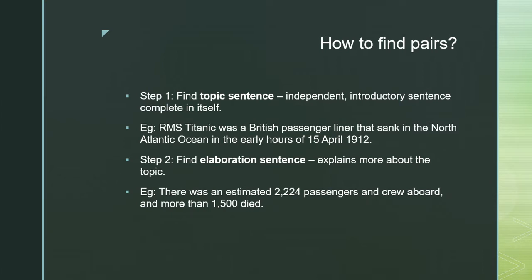The second tip is to find the elaboration sentence. Sometimes there is a sentence which elaborates the topic sentence or the introductory sentence. For example, if I am talking about the Titanic, as mentioned in the example, I will write the first sentence as shown in the first example, and then I will explain more about the Titanic or give more specific details. That can be an elaboration sentence, which will be the second sentence following an introductory sentence. So if you see an elaboration sentence, look for an introductory sentence, and that will be an ordered pair.